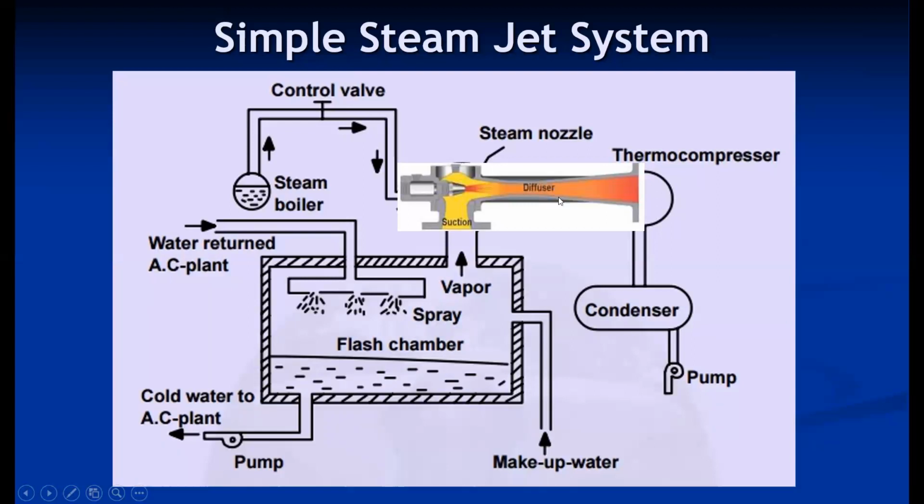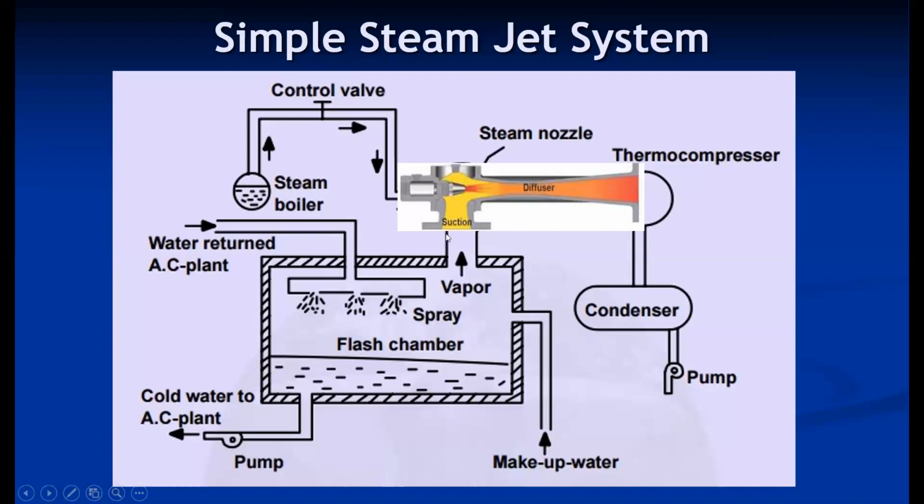Then in the diffuser section, the diffuser is connected to the condenser. The condenser is already at low pressure, so there is no question of back pressure. It is more suitable here. This simple ejector system, or simple steam jet refrigeration system, is a working model used in many industries, mainly the sugar industry. Since the condenser and boiler are already available there, only the provision of an ejector and flash chamber can develop a cooling system.